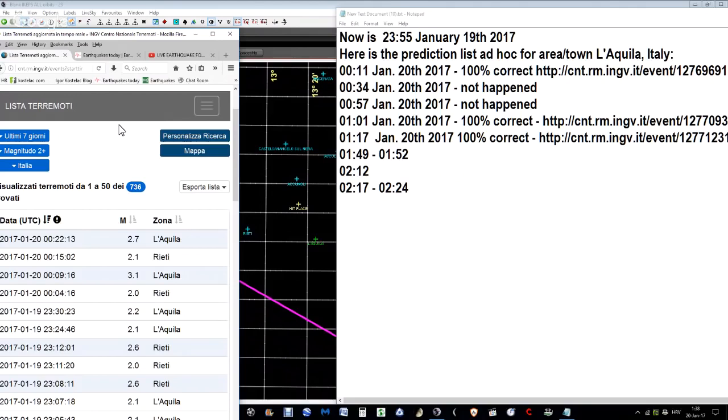So my next prediction is 149 between 152 because this is the area between Rieti and Aquila, two towns maybe 25-kilometer distance one from another. So